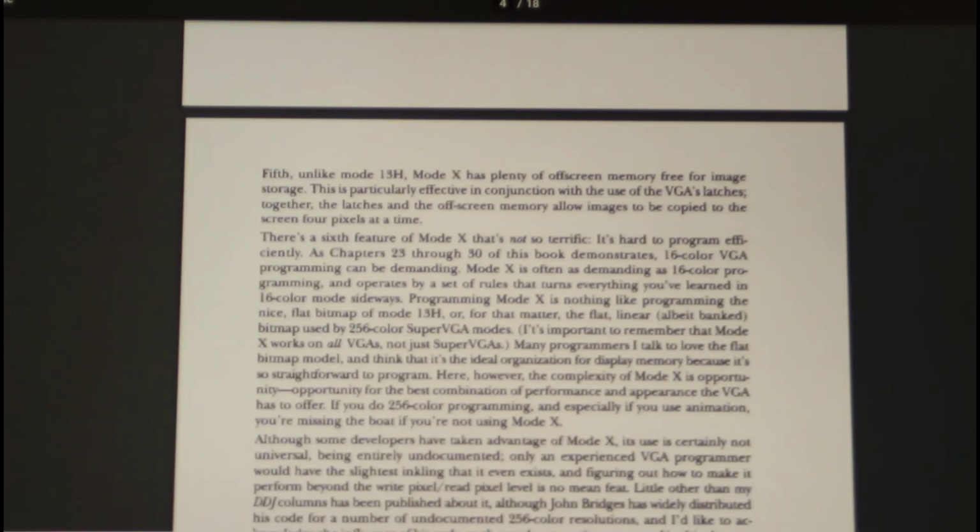And the final advantage that he gives is something we didn't discuss, and that is that all the extra video memory that you have available, you can use it for storing small graphics. If you like, use it as off-screen memory. And there's a feature we didn't discuss called the VGA latches, which allow you to really quickly copy those images 4 pixels at a time onto the screen. So this makes for very, very fast VGA to VGA copying, which can be used to put images on the screen extremely quickly. So those are his 5 advantages of Mode X, and the 6th one that he gives here